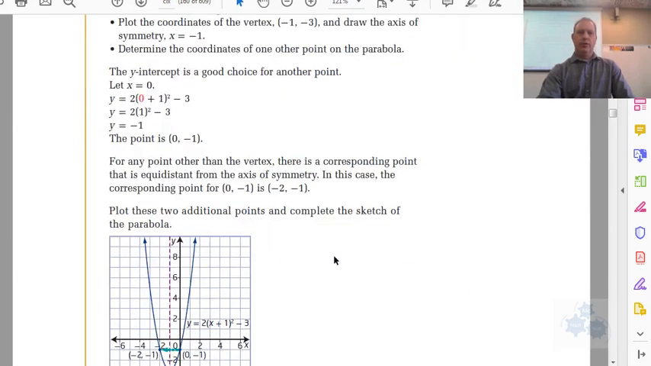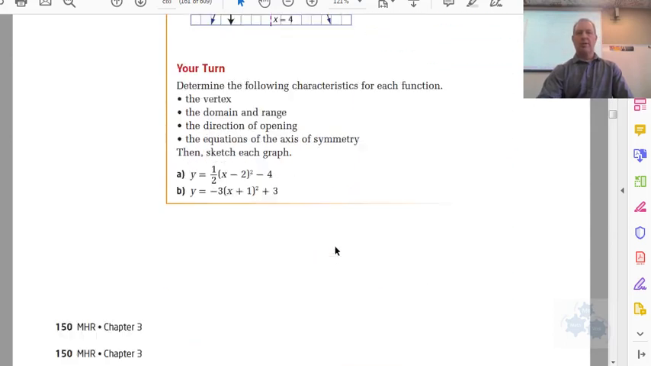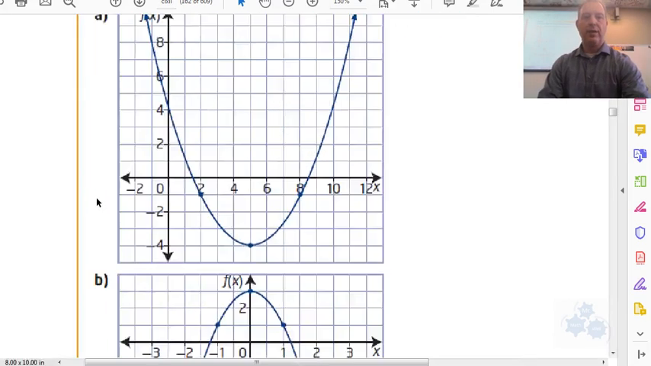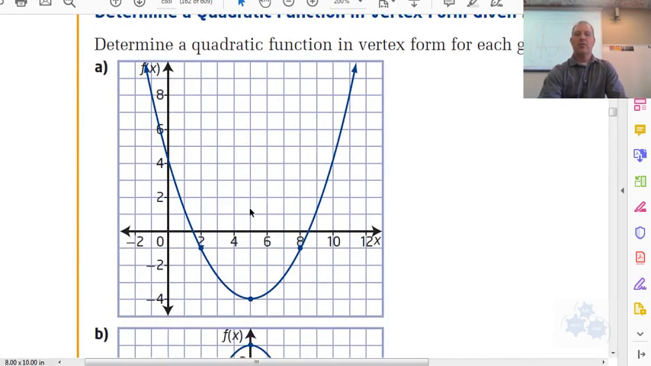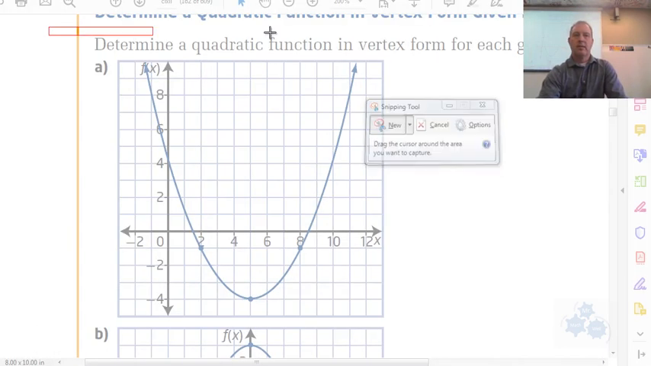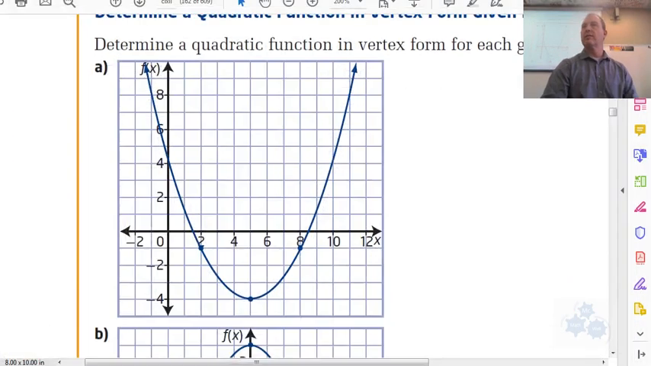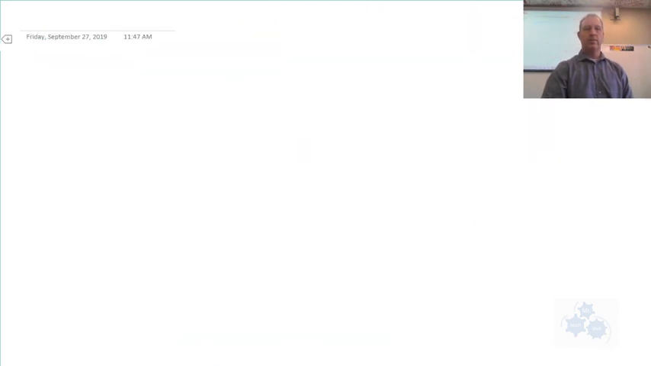Okay, so the parameters. Hopefully you understand what the parameters do. Let's take a look at example 2 now. Let's look carefully at this graph. Determine the quadratic function in vertex form for each graph. So if we were to do that, we would want to find out where the vertex is. Okay? So given a graph,